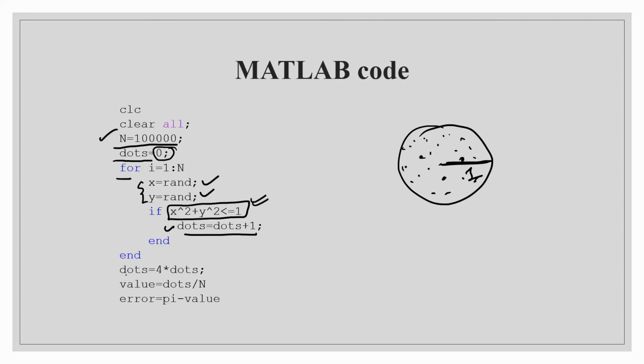Now obviously, I have told you that if we divide this dots by the total number, we will get the value of pi by 4. We need to multiply it with 4. So firstly I have multiplied 4 by whatever final value of dots we are getting, which is hitting inside the circle, and then I have calculated the division of this, that is dots divided by the number of simulations. Then we have calculated this error, that is whatever value MATLAB inbuilt has, minus the value which we are getting from the Monte Carlo simulations.